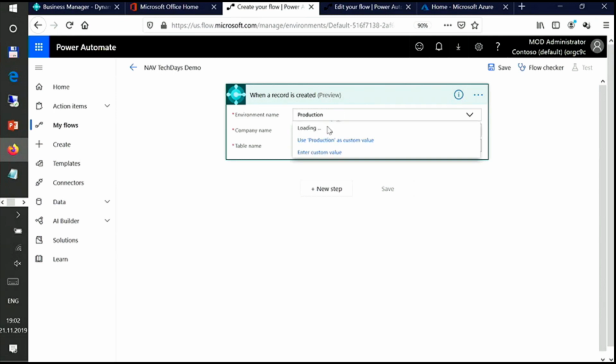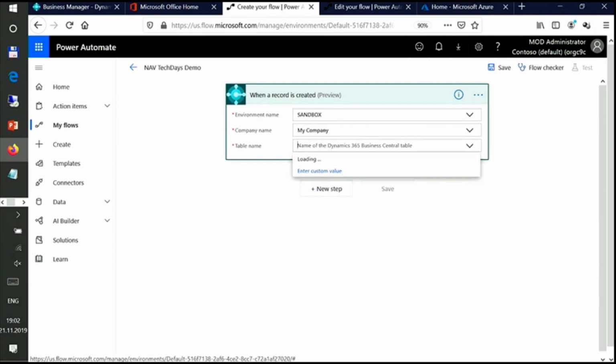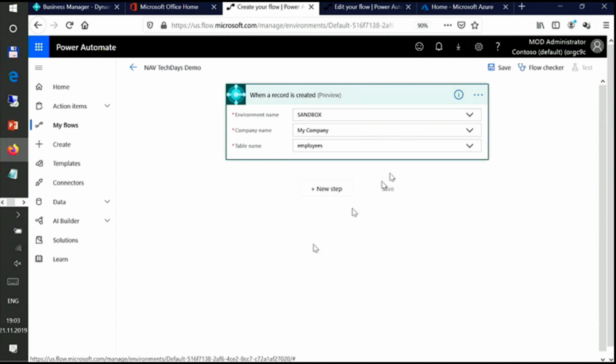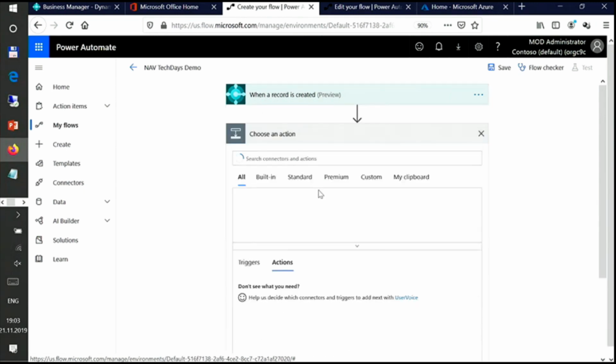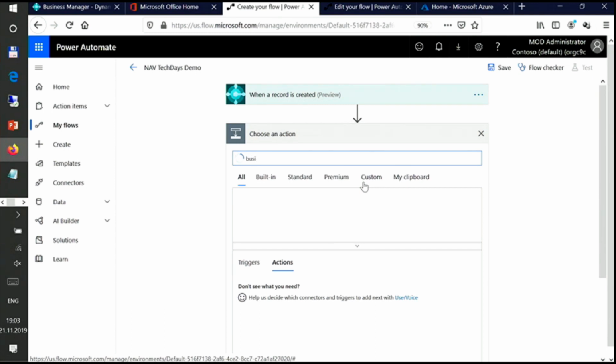And then I would select my sandbox environment, and I will select my company. And then I will select a table, and obviously I need the employees table for this purpose. Here it is. This means that when a new employee is created there, I need to do something. What I need from Power Automate, from my flow, is to get this data which has been created. And again, I will use the absolutely standard